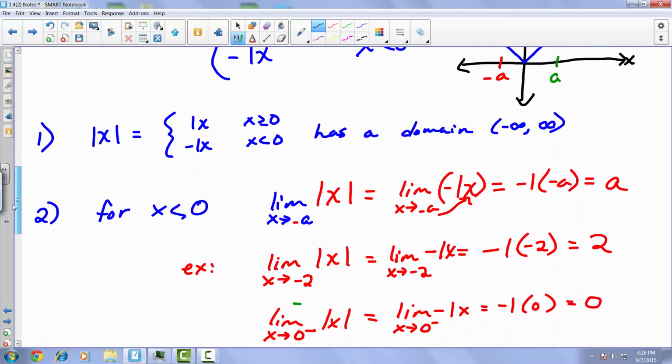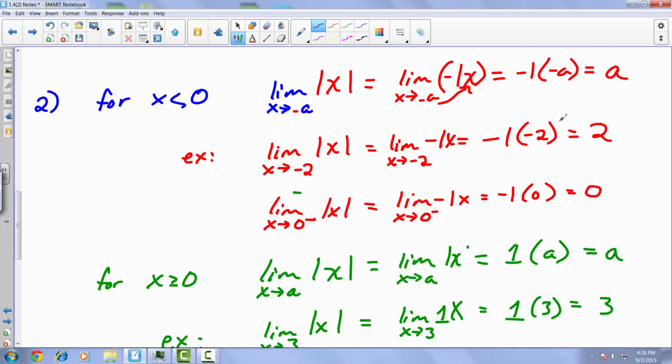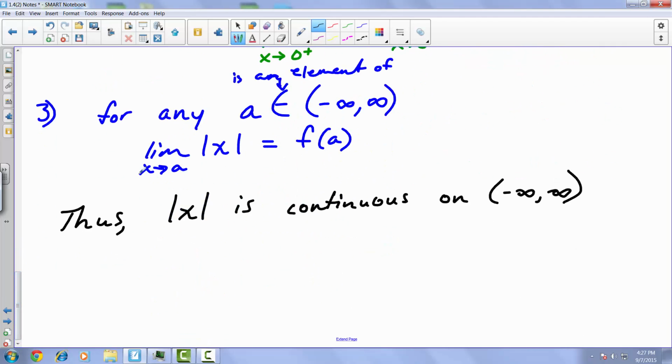The second criteria were that the limits also existed, all right, for any a. And we could see that they were, in fact, existing. There was nothing here that did not exist. And then finally, for criteria 3, for any a value that's between negative infinity and infinity, the limits of that function, in fact, equaled the actual function when you plugged in any a value that you wanted. And as a result, this function then is, in fact, continuous from negative infinity